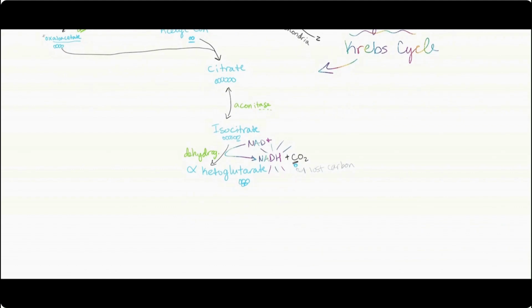All right, so we are now halfway through the cycle. You got this, guys. I believe in you. And hopefully this is kind of making sense that you can see some semblance of a pattern in how this works, all right? So the next step is alpha-ketoglutarate is then converted into